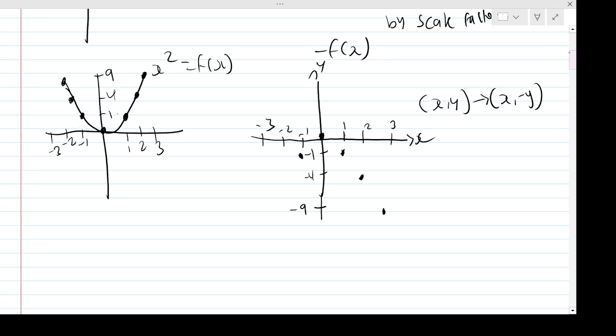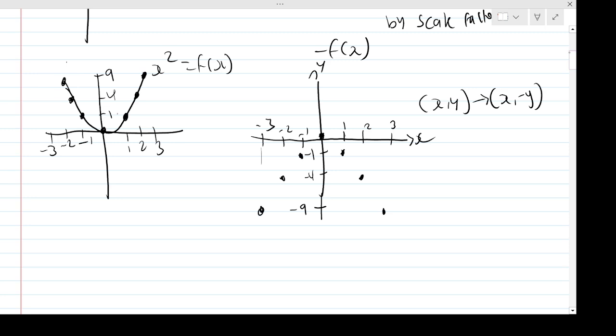Okay, what about this next point? This is minus 2, 4, right? I should make this a bit clearer, hang on. Minus 1, minus 2, minus 3, there we are. That's minus 2, 4. So minus 2 will be the x value still, but 4 will then turn to minus 4 down there. And then this last point here, minus 3, 9, well, it'll still be minus 3 for x, but then it will go to